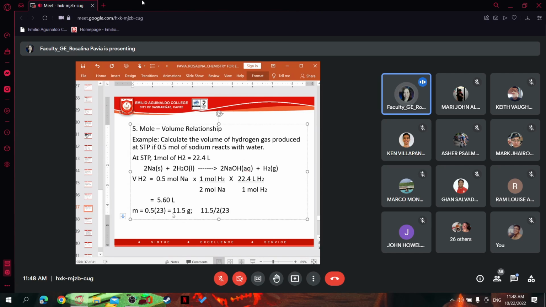Okay. Uulit tayo doon sa pagkuha ng mass equals X over ilang hydrogen? Dalawa po. Isa lang. Opo. Ito times